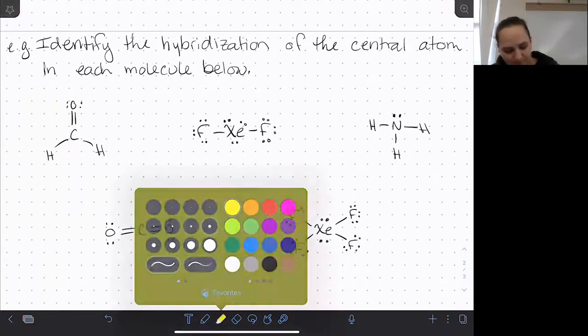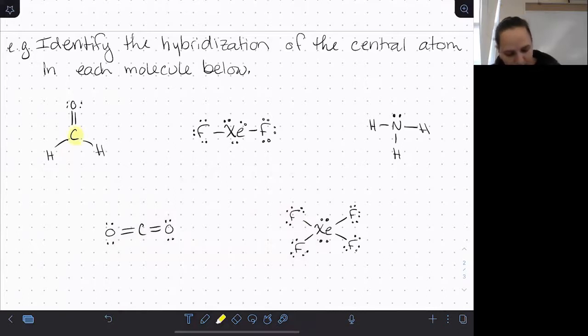So first off, let's make sure we're thinking about the right atoms here. Highlighted in yellow is the central atom for each of these molecules. So we're looking for what is connected to that. How many lone pairs does it have? How many peripheral atoms is it connected to? So in our first example here, we have carbon connected to a hydrogen, another hydrogen, and an oxygen. Remember that that double bond still only counts as 1 electron domain. So this has 3 electron domains. So we call that